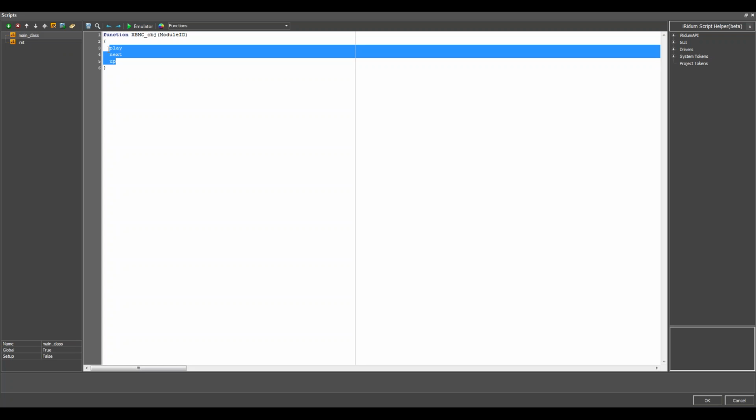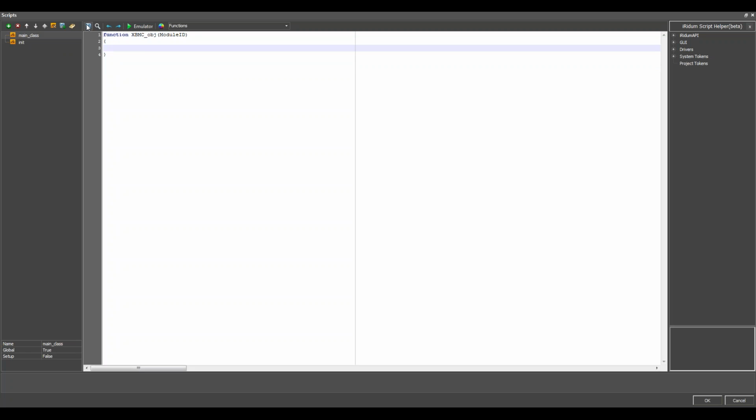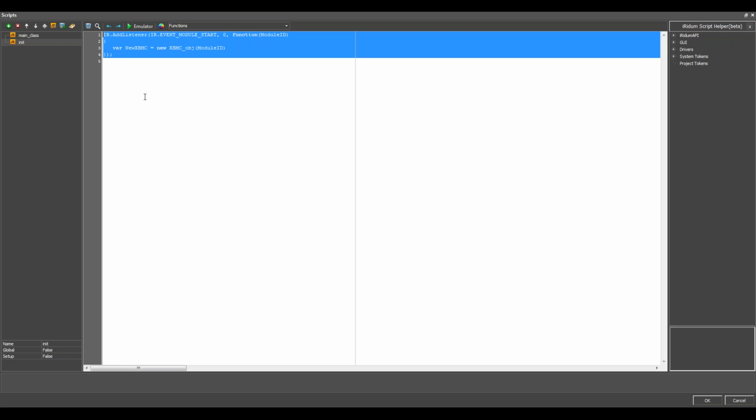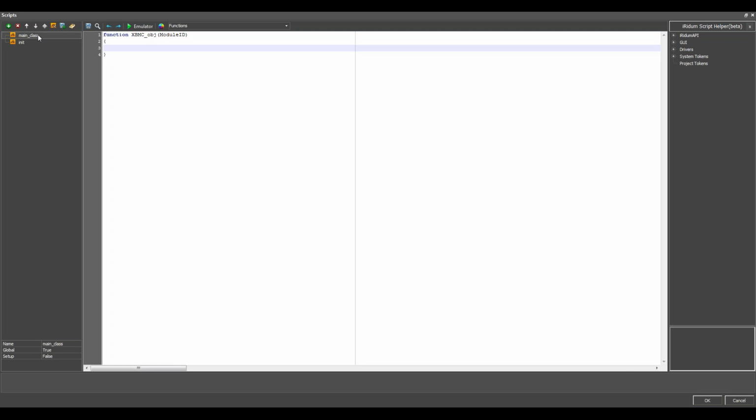So here it is. So now, when the module from the iRidium store is loaded, i3 Lite will copy a file for new examples of my superclass, but it should not copy that file with my main object.